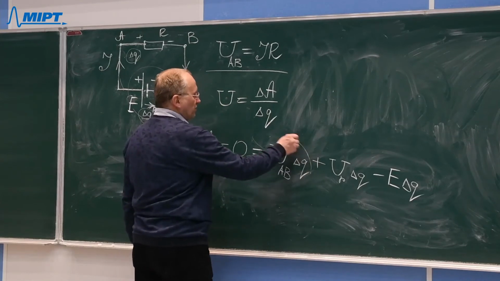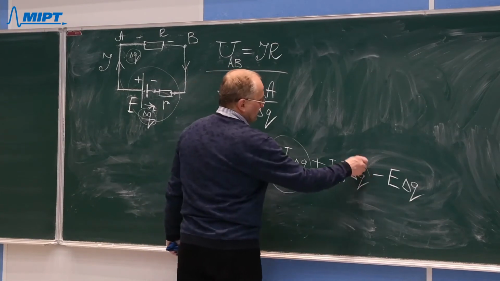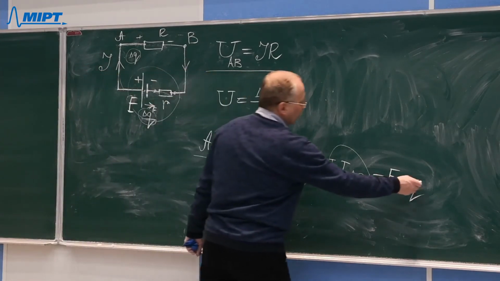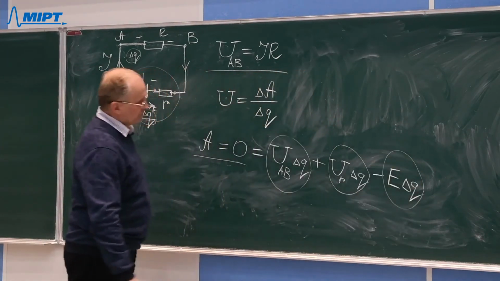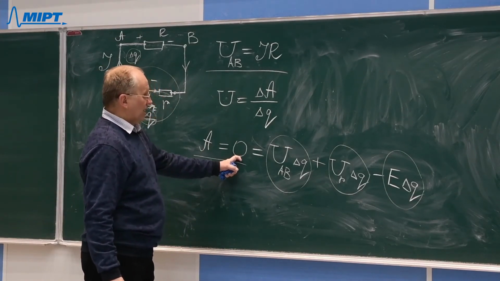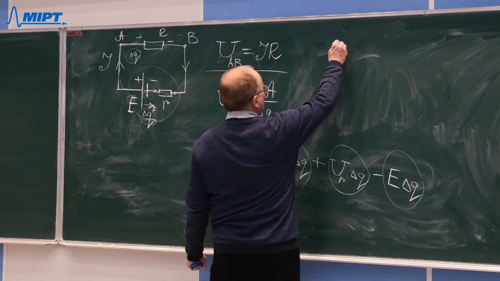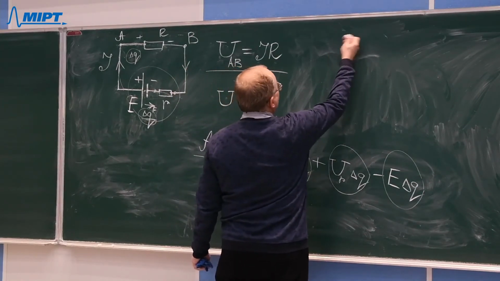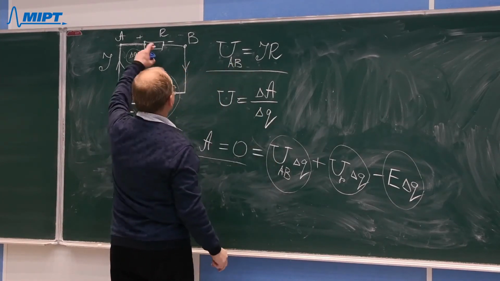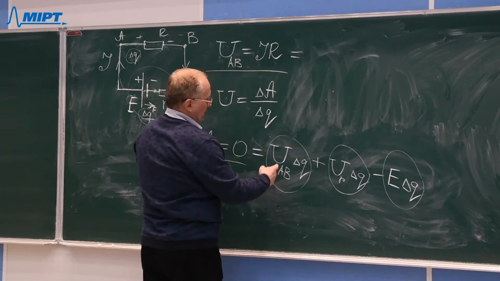And this is the work of electric field produced on the external resistance, capital R. And this is the work of electric field produced on the internal resistance of the battery. And this is the work of electric field inside the battery. And all this must be zero, due to the law of conservation of energy. So, if this is zero, we can cancel delta Q and obtain this equation, that potential difference on the external resistance UAB will be equal